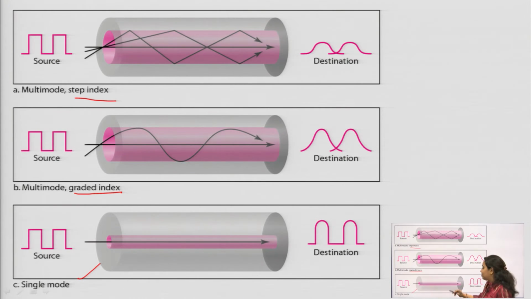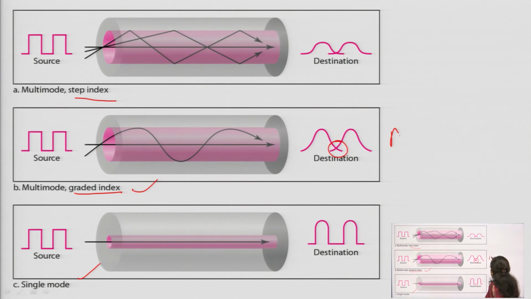First I will show you what is single mode. In single mode, you can see that whatever shape of the signal is there at the transmitter side, it will change its shape because of the distance it travels and because of the noise that affects the quality of the signal, but there is no crosstalk, or there is no problem, because only a single propagation mode will be supported by this. But in the case of this multi-mode graded index, you can see that the loss of information will take place.